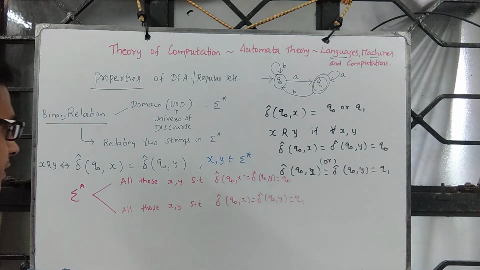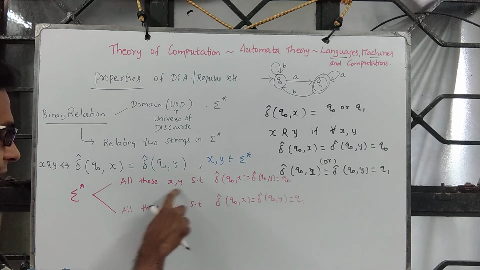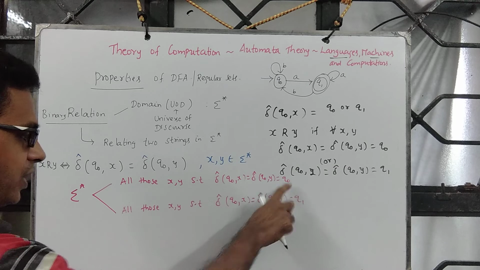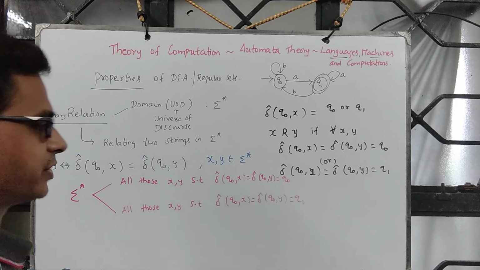Okay, so which means for all those x, y the output state is q naught, and for all those x, y the output state is q1,